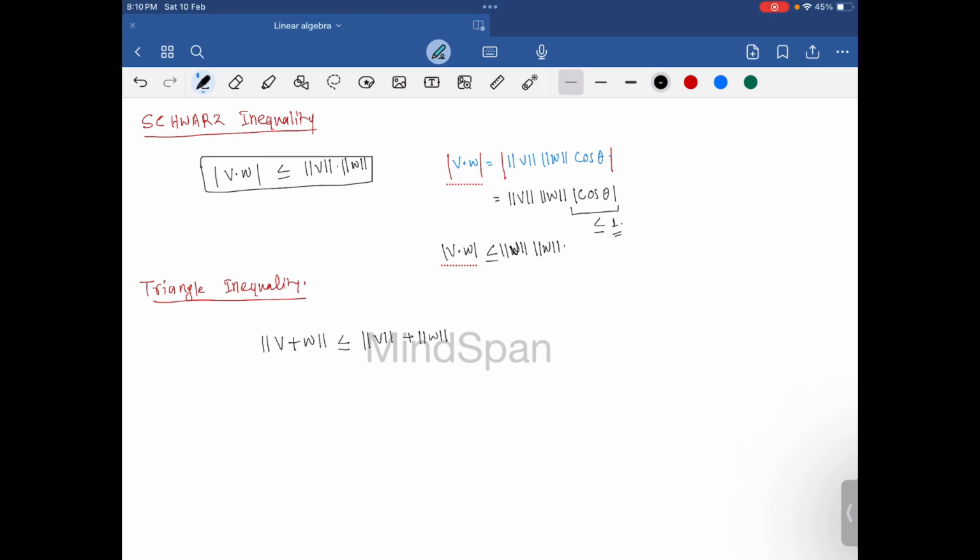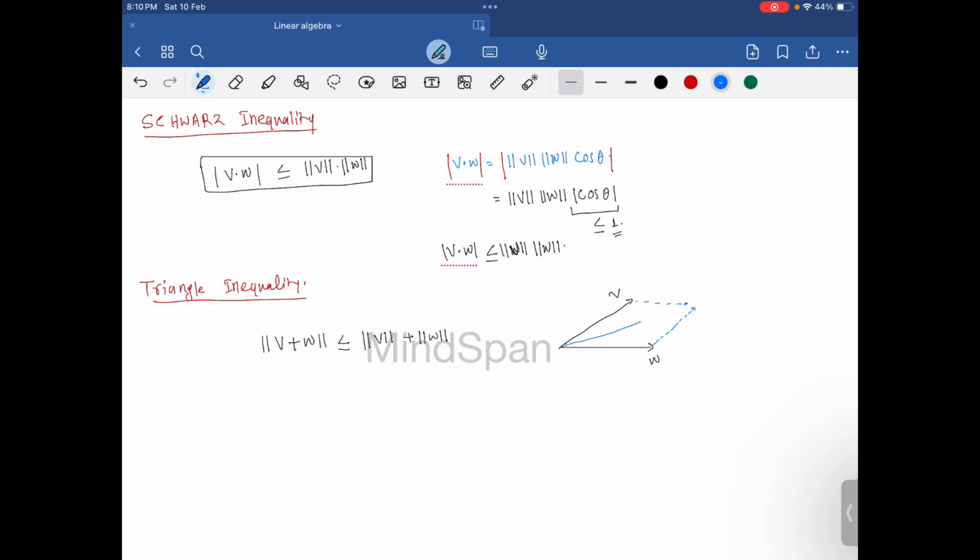So again, how you can look at this: let's suppose you have this vector v and this vector w. So what will be v plus w? That will be